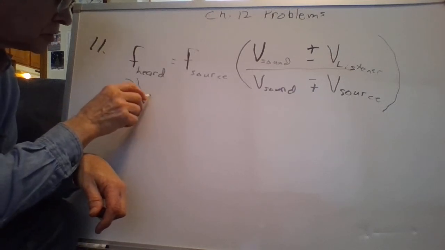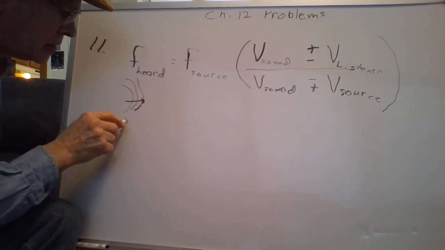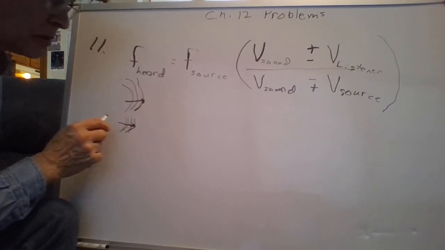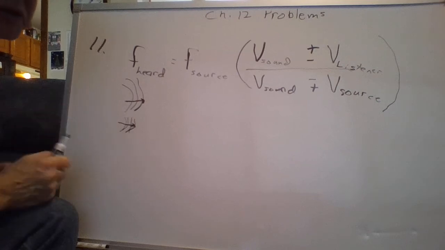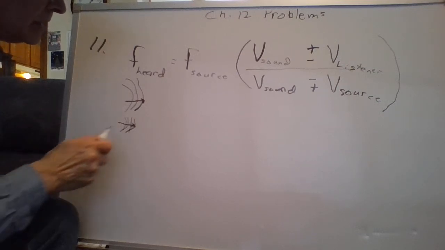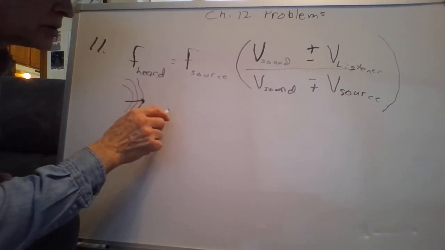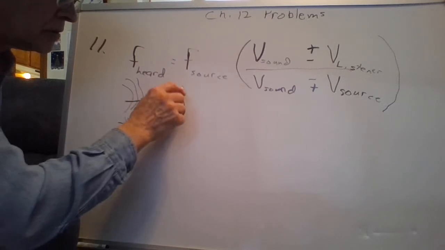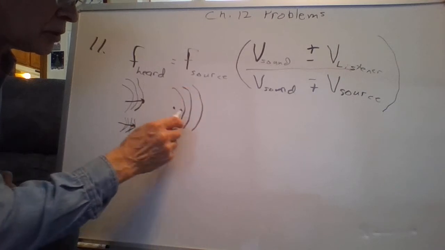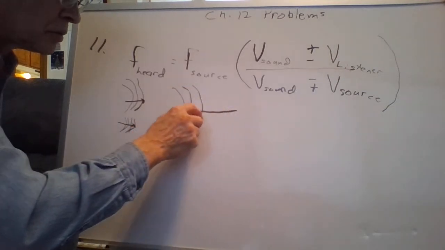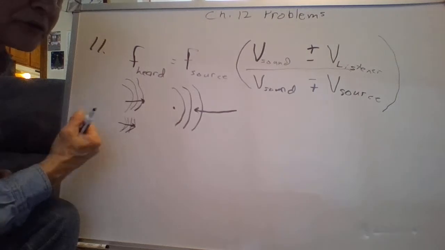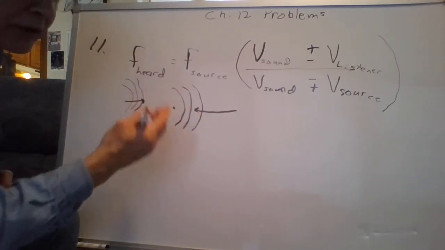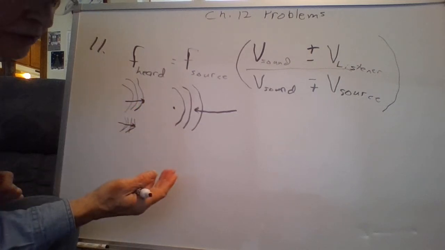But you can also experience the Doppler effect with the front of this looking more like this. It's crunched up. Terrible diagrams. Watch some videos. There are really some interesting videos on the Doppler effect. But if the source was stationary and the listener was moving, those would not get closer together, but the listener would be moving across those sound fronts, and he would hear them more often. More often is another way of saying higher frequency.